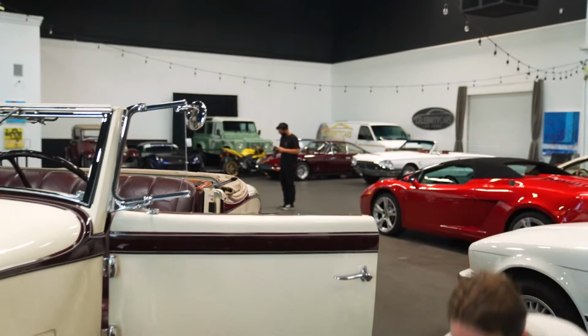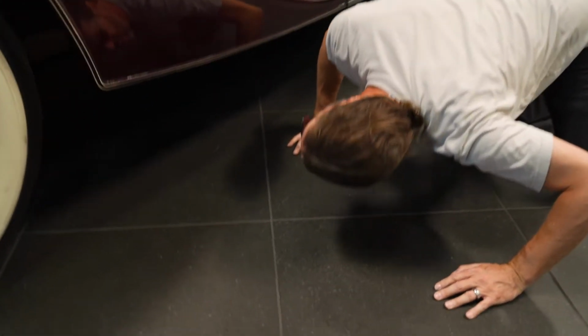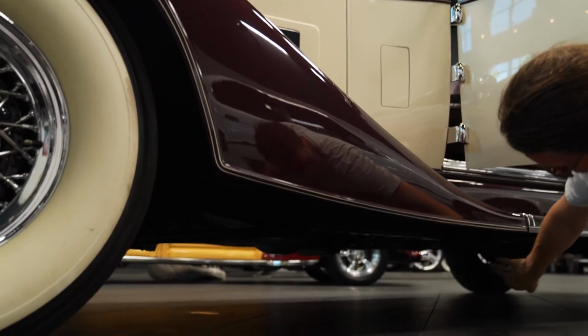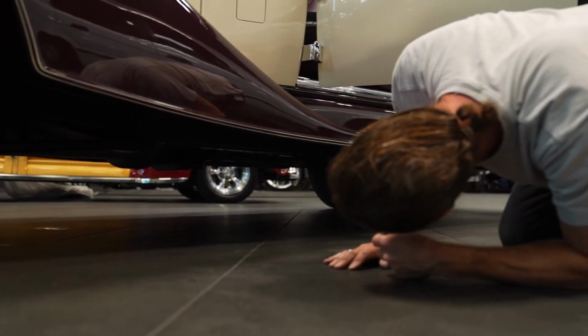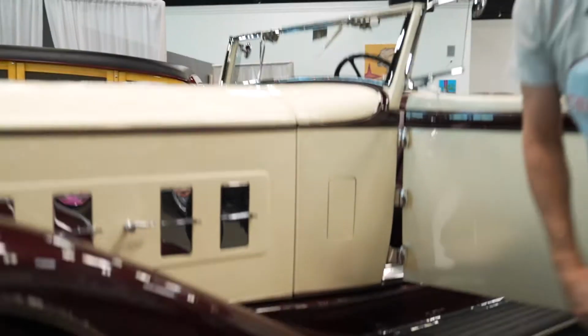You know what, I am going to do one more thing. I am going to ask you to come down here, just this direction. Take a look at underneath and how clean it is. It really is in super shape. Not done long ago. Like I said, we're not going to be able to get this thing up on a lift. We don't have a lift fancy enough to lift up all this weight. But if you would like some undercarriage shots, we can get under there with some cameras, with some lights, and we can get some photographs of it. But as for now,